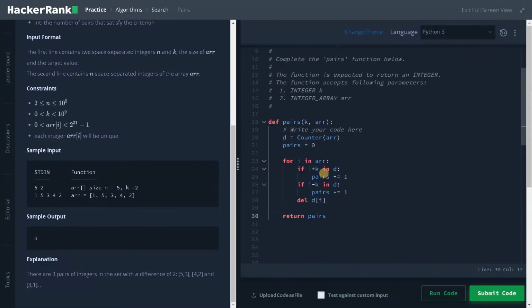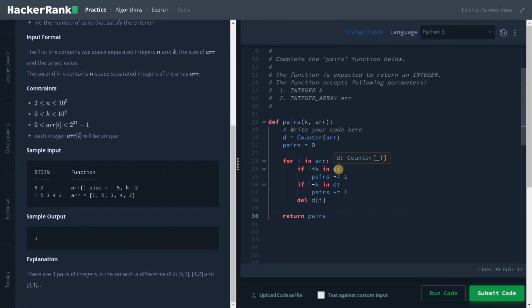Let's quickly recap the problem. First I'm creating the hash map or counter for the array and storing it in the variable d, and I'm going to initialize a variable with 0, and after that I'm iterating the array elements. I'm checking if i plus k in d, that is i plus 2 in d, that is 1 plus 2 is 3.